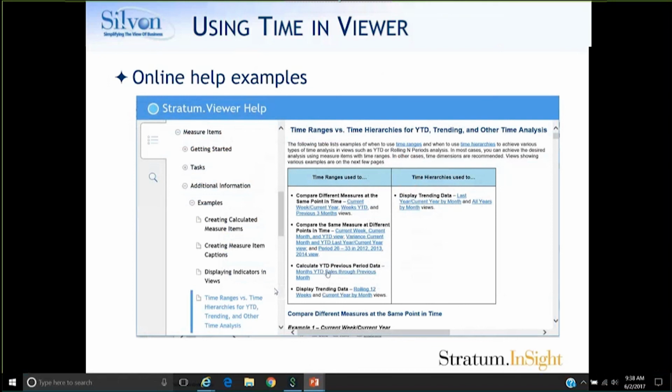I showed you one section of online help when we were looking at those rolling weeks and how to set them up. There are other topics in online help about time, including ones that show views that compare the use of time ranges versus time hierarchies. So be sure to check